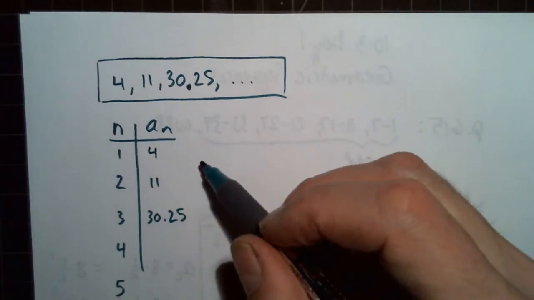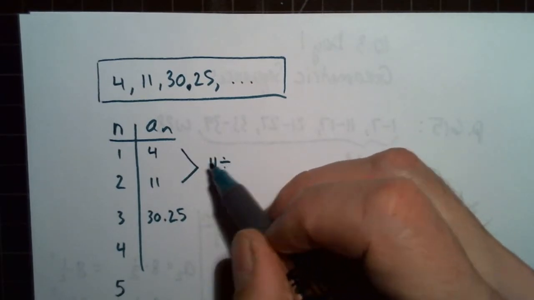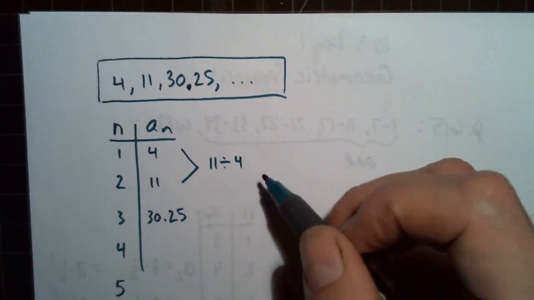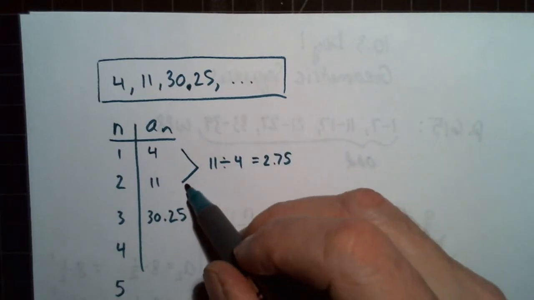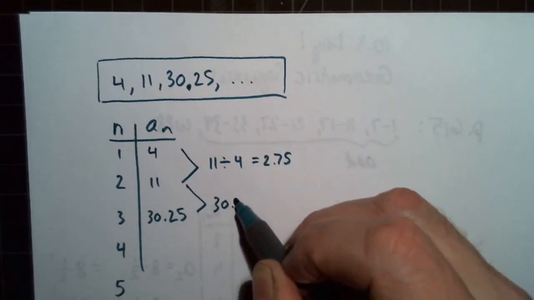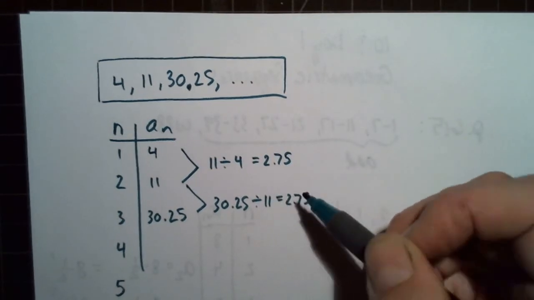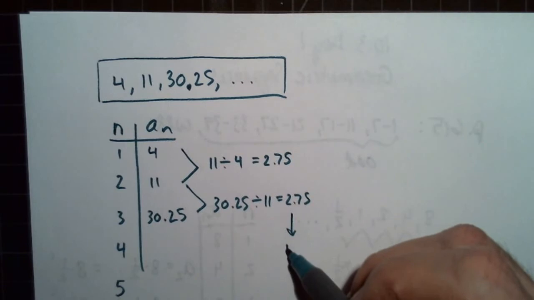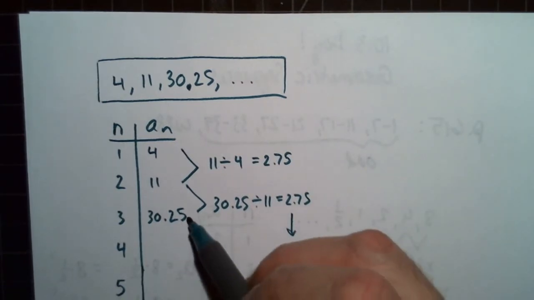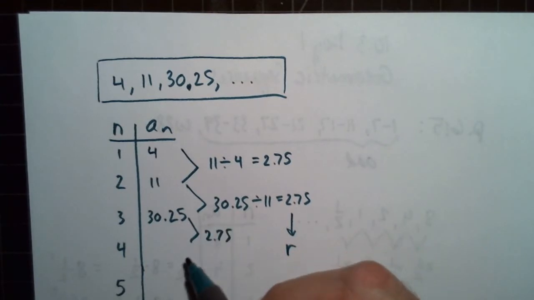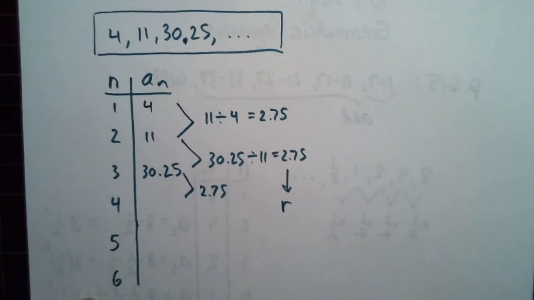So we're looking for a common ratio, and that would be by dividing 11 by 4, and we get 2.75. Here we're going to have 30.25 divided by 11, which is 2.75. So we know that that's the common ratio. We can find the next 3 terms if we multiply by 2.75. So if we did that, the 4th term would be